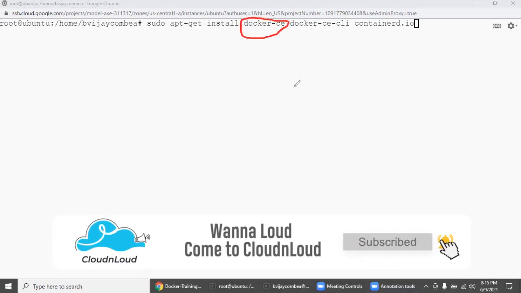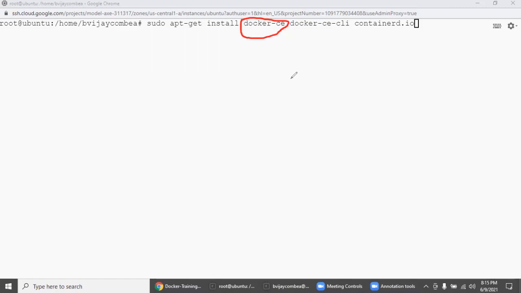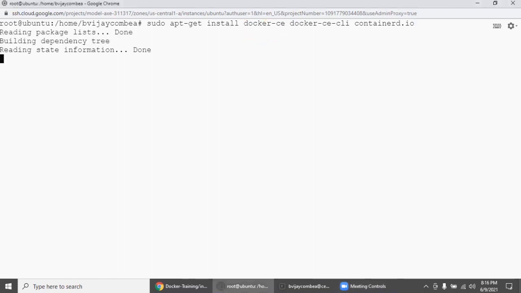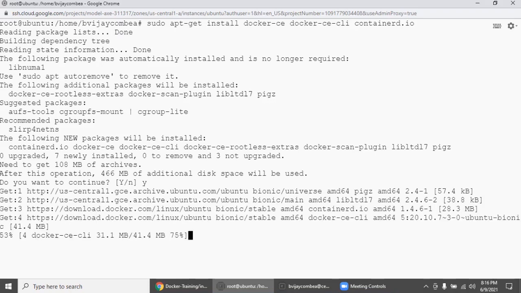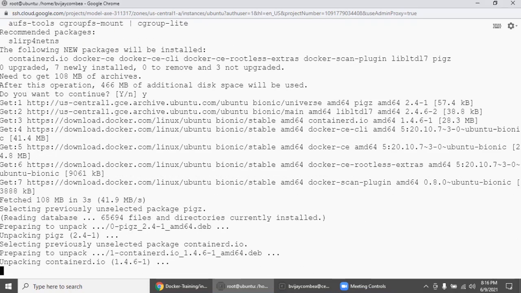In this we are going to learn the functionality. Community Edition is more than enough to understand and do all the hands-on on our own. It's around 466 MB. Yes, we need to install. So it's getting installed.